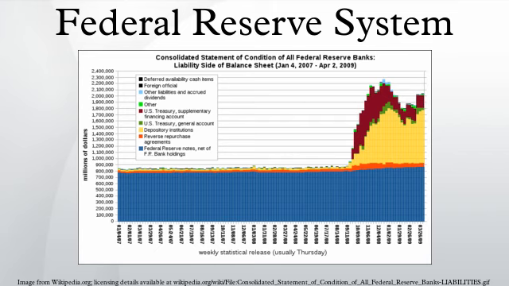Key laws affecting the Federal Reserve have been the Federal Reserve Act, Glass-Steagall Act, Banking Act of 1935, Employment Act of 1946, Federal Reserve-Treasury Department Accord of 1951, Bank Holding Company Act of 1956 and the amendments of 1970, Federal Reserve Reform Act of 1977, International Banking Act of 1978, Full Employment and Balanced Growth Act, Depository Institutions Deregulation and Monetary Control Act, Financial Institutions Reform, Recovery and Enforcement Act of 1989, Federal Deposit Insurance Corporation Improvement Act of 1991, Gramm-Leach-Bliley Act, Financial Services Regulatory Relief Act, Emergency Economic Stabilization Act, Dodd-Frank Wall Street Reform and Consumer Protection Act.